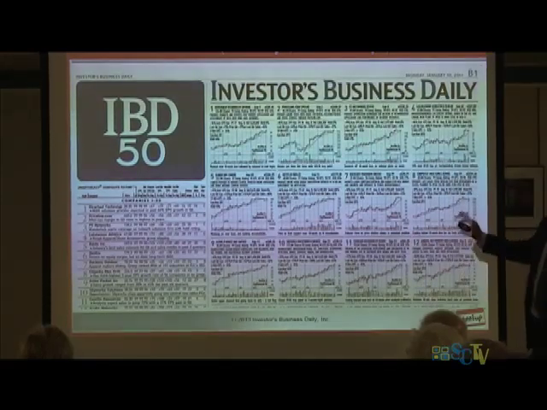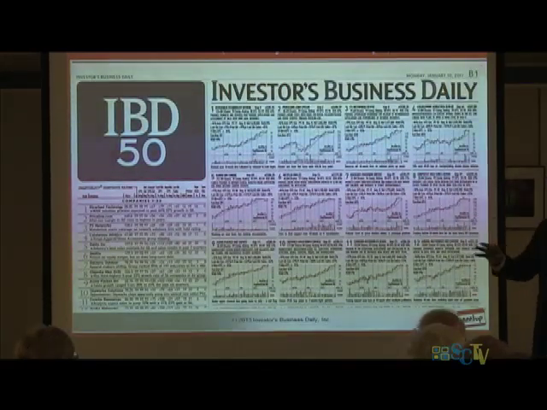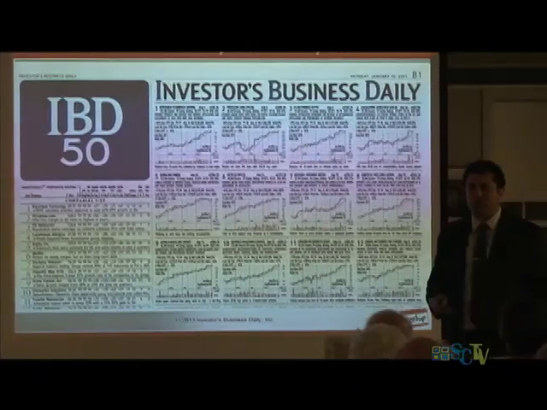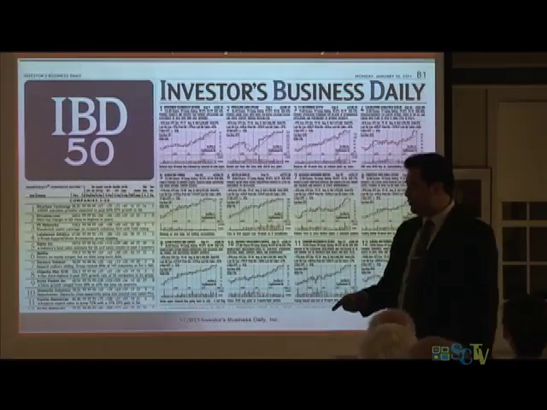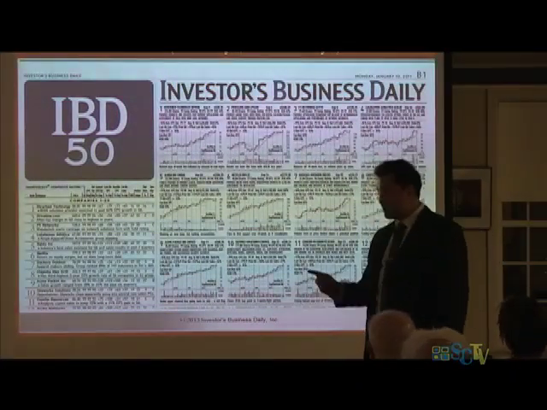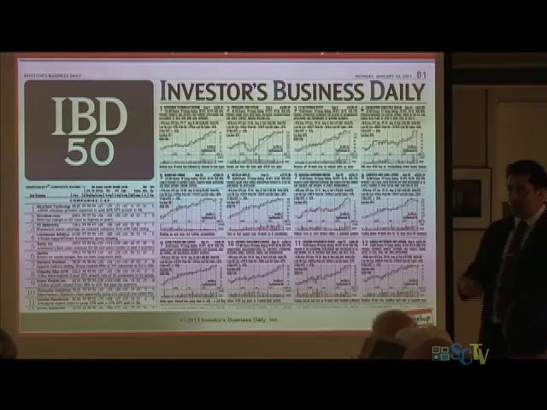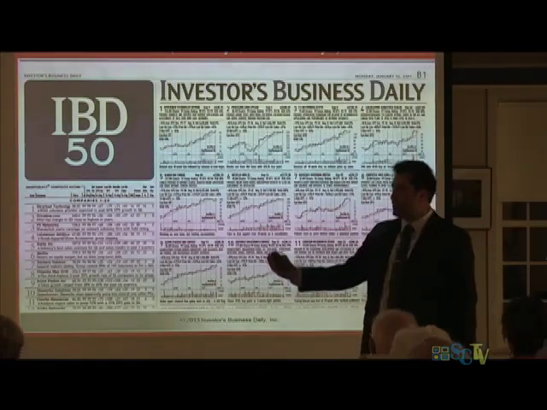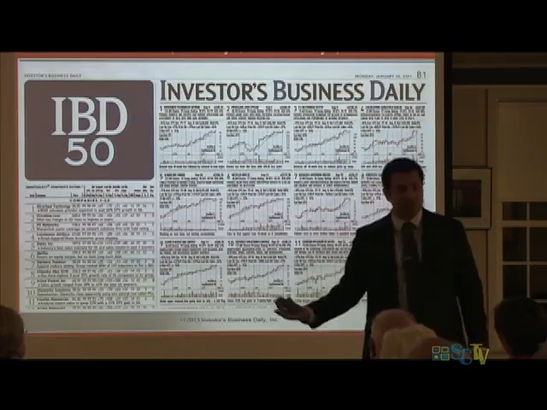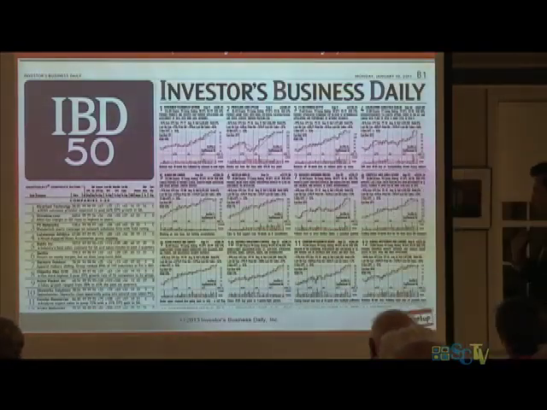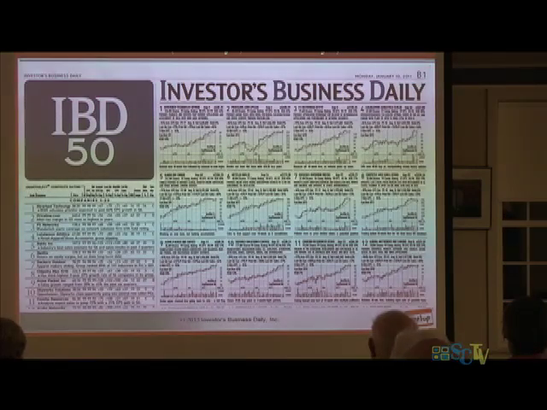The IB50, which is not in today's paper, is probably our most misunderstood list. Top 50 growth stocks, your numbers 1 through 50. What you don't want to do is buy the number one stock simply because it's number one, or short the number one stock because it's already had its move and surely it's going to break down. That's not how this list is meant to be used. It doesn't work that way.